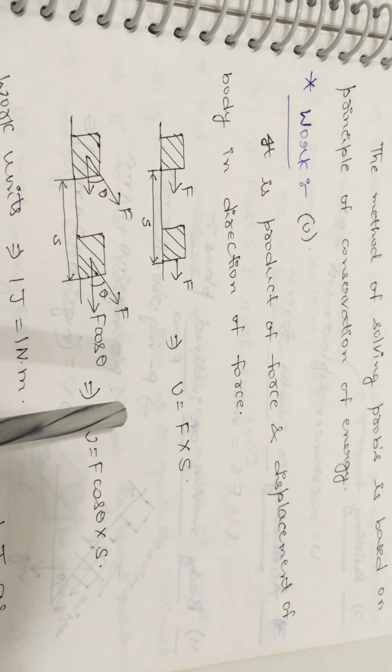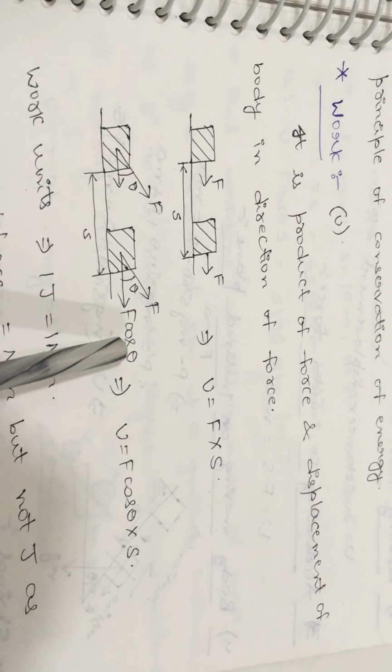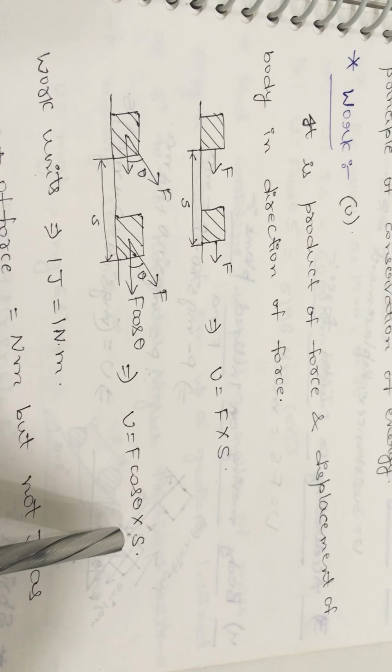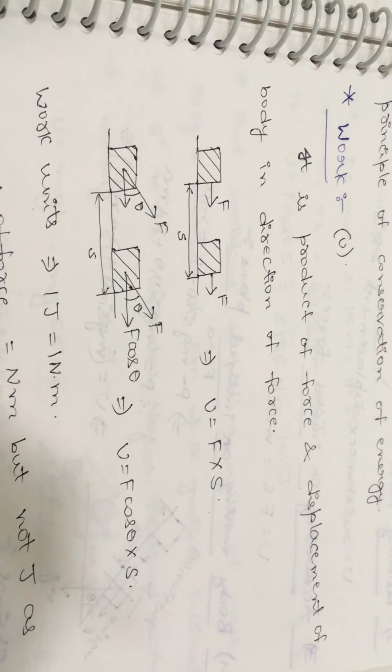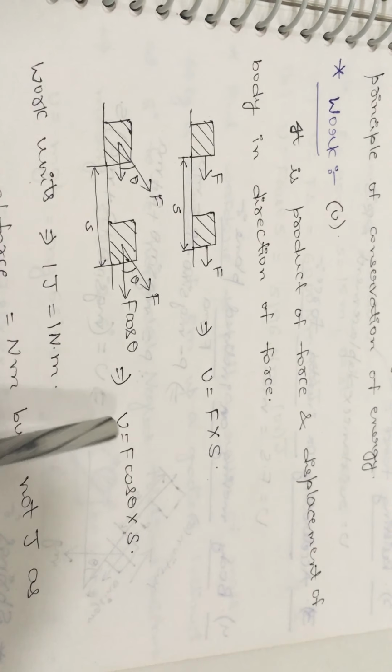Now out of the two rectangular components of this force acting on the body, we need to select the force which is acting in the direction parallel to the displacement. Here, out of these two components, F cos theta is acting along the horizontal direction, which is parallel to the displacement. So we should select F cos theta in place of F for this diagram. So F cos theta into S. According to the application of the force, the inclination and the resolution, you will get the work done formula.